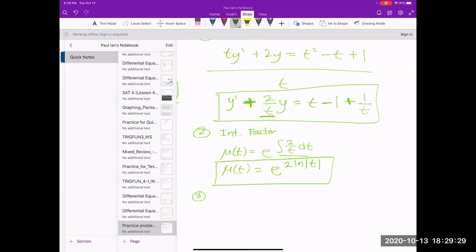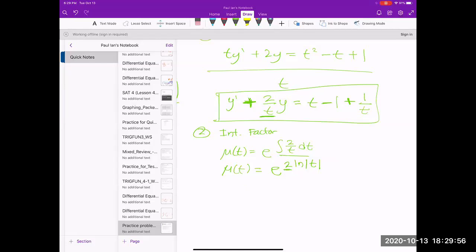So the next thing here is, if you remember your rules of logs, you can actually simplify this further. Let me see. If you remember this 2 right here,